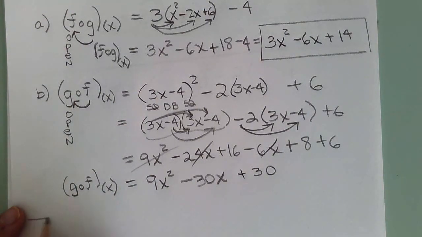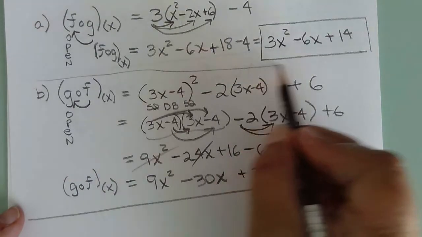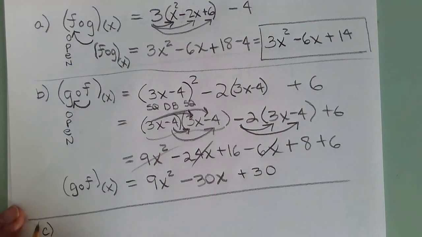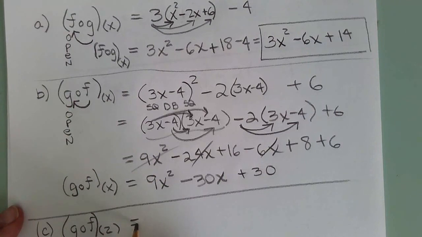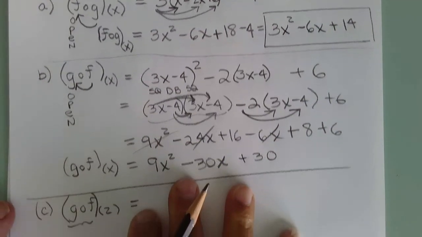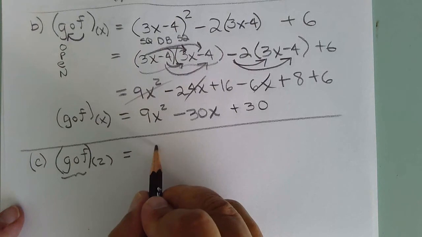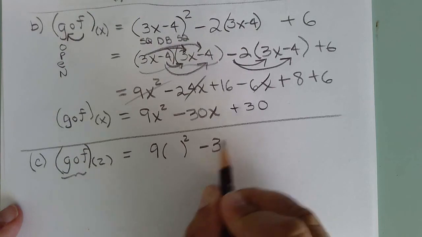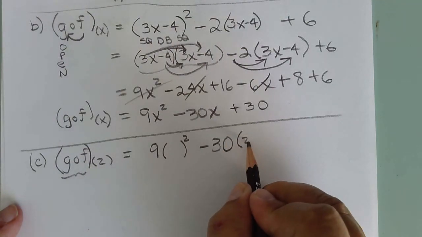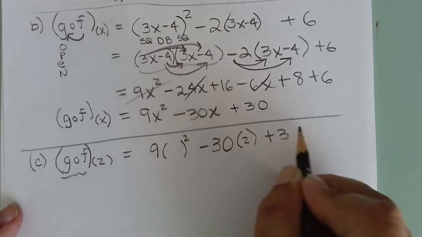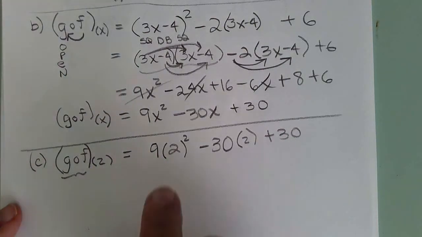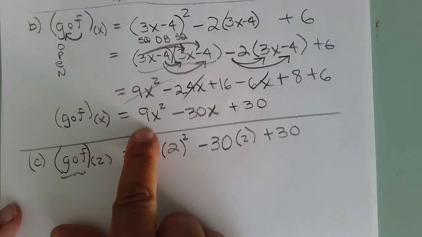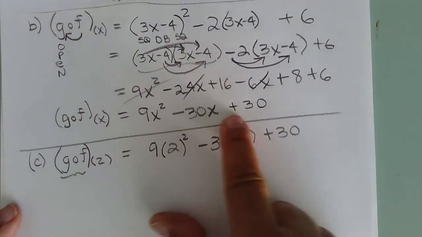Okay, in part C, you've been asked to take G composed of F and evaluate it at 2. So we already have the G composed of F function. So all we need to do in this part is just plug 2 in. Okay, so everywhere that there was an x in this answer right here, 9x squared minus 30x plus 30,